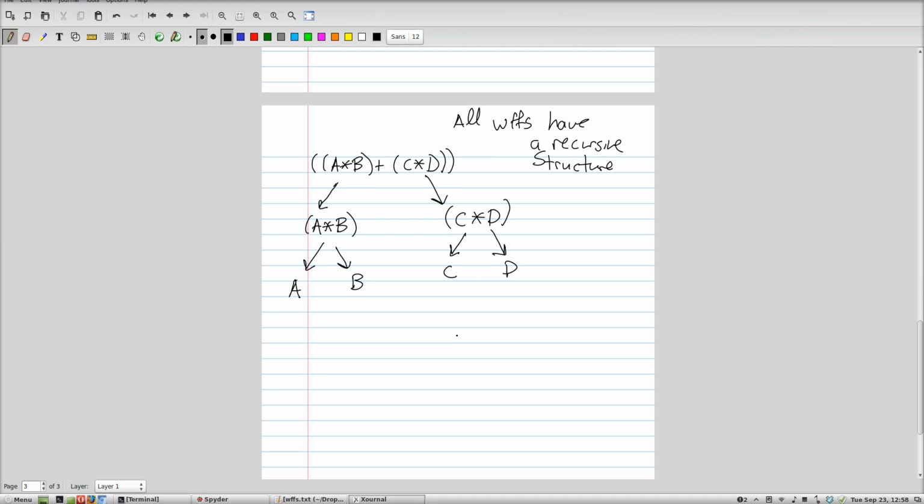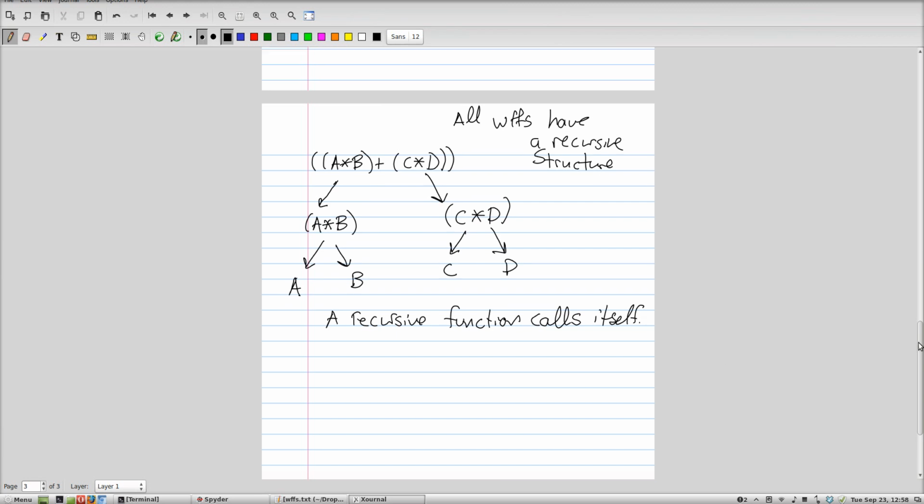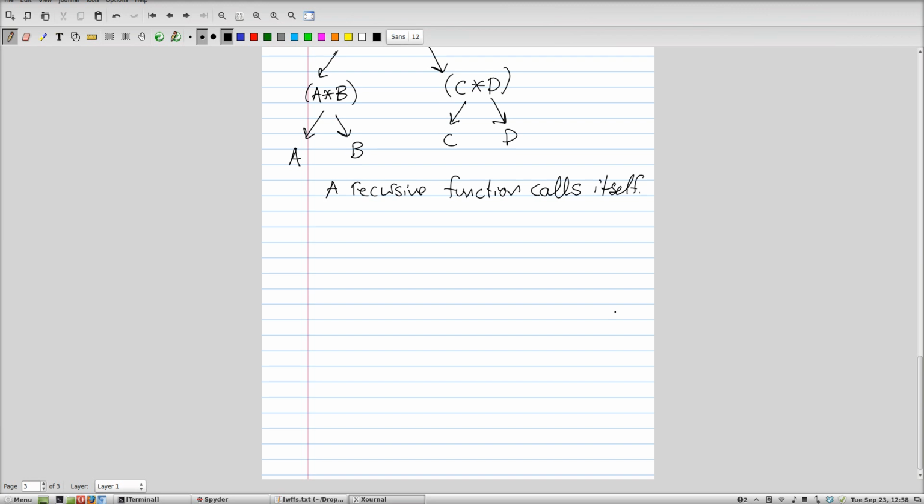Okay, so this is when you write your program to determine whether or not a formula is a well-formed formula. It's probably going to involve a recursive function, and a recursive function is a function that calls itself. So just to give an example, I guess there's a lot to explain here, isn't there? So let's give an example of a recursive function, and